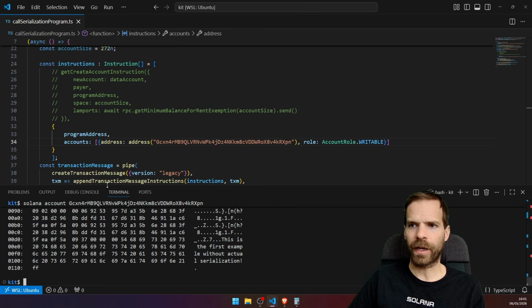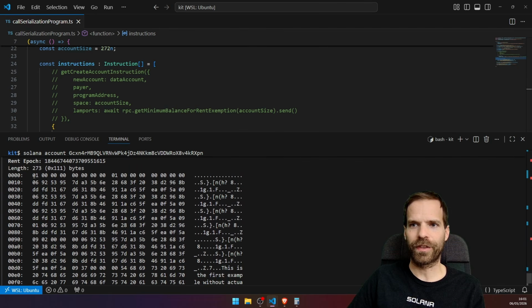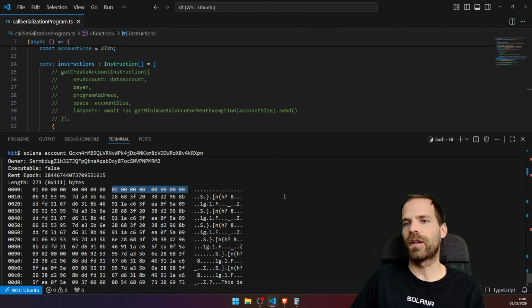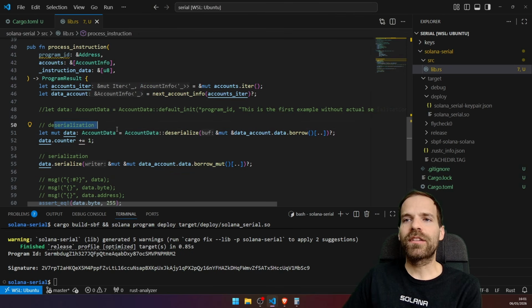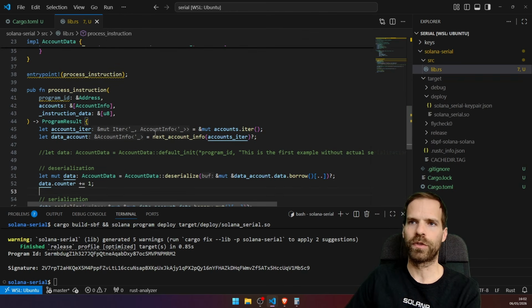And if we check the same account, it should have the same data, except the counter is up 1. If we call it again, the counter should obviously be at 2. Voila, we built yet another counter program. Wow. Okay, but cool, the deserialization and serialization works, and in a proper program you would do something similar for